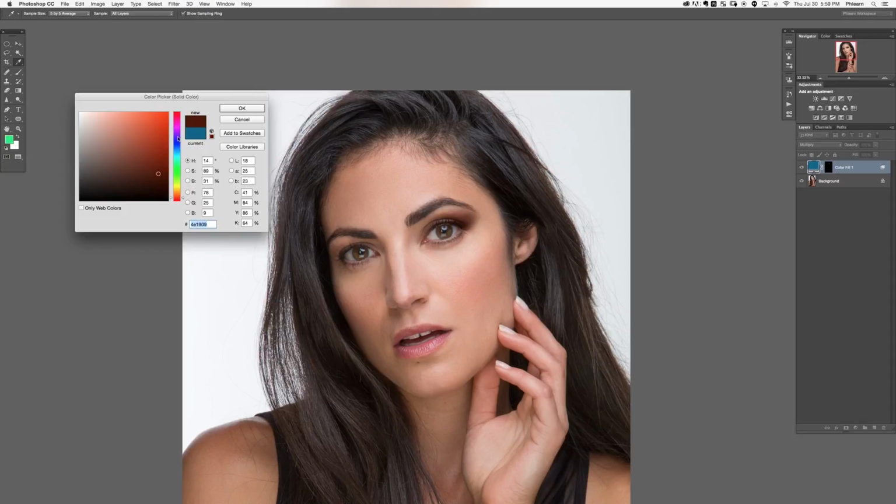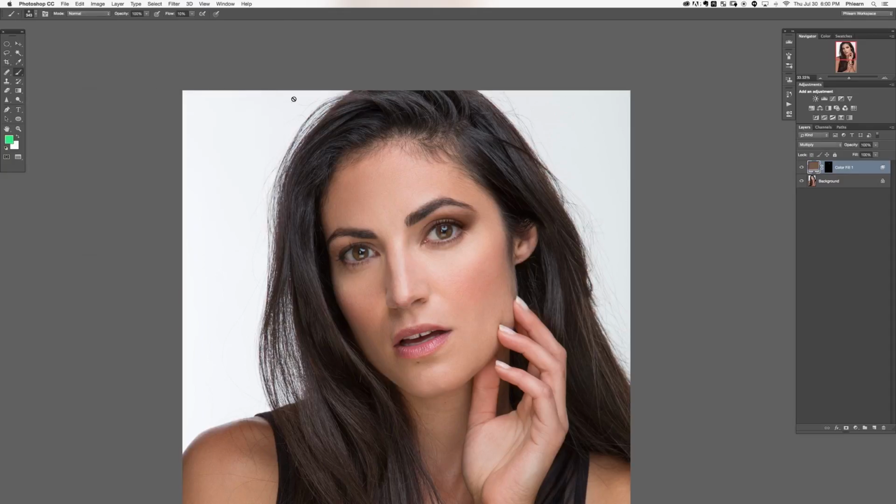All right, that kind of looks nice. Between there and there, yeah, this is kind of nice. Maybe just a little bit more saturated. All right, a little bit more red. Cool. That's looking pretty good. Let's bring it a little bit lighter and a little bit less saturated. There we go. Now that we have that a little bit better in place,